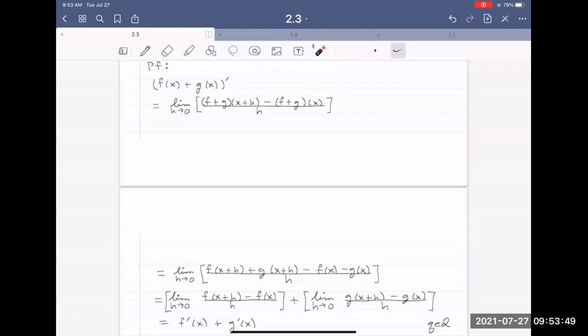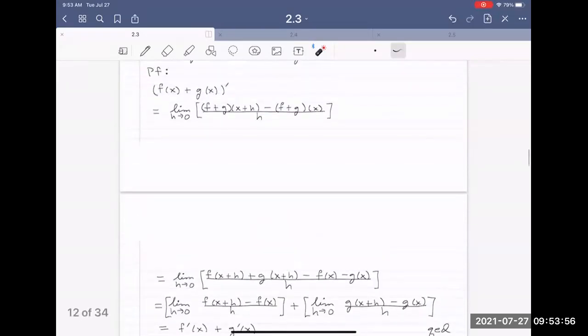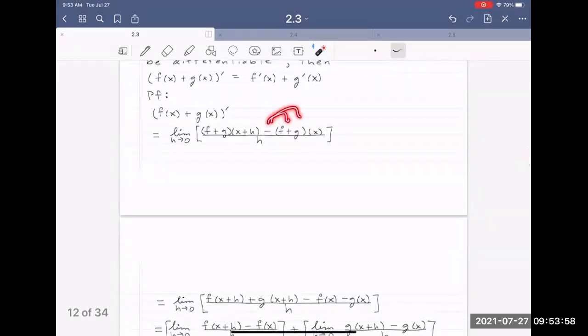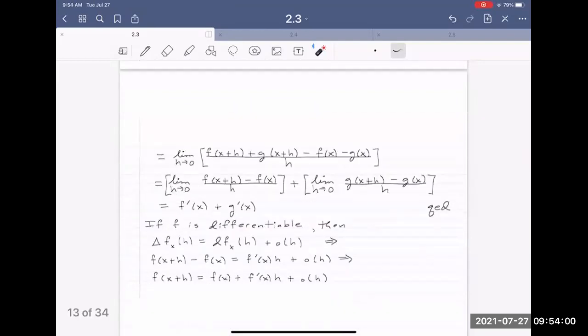Using the pointwise definition for the sum of two functions, and distributing the minus sign inside, this is equal to the limit as h approaches 0 of f(x + h) + g(x + h) - f(x) - g(x), all divided by h, which is equal to,